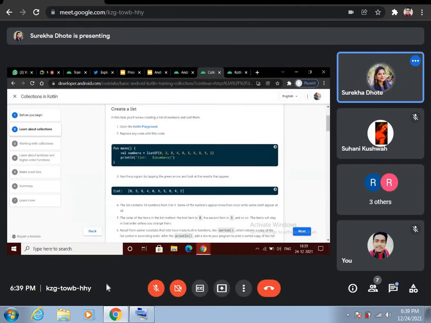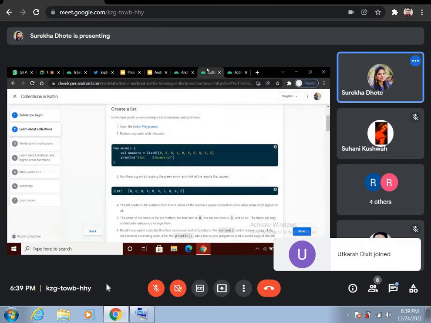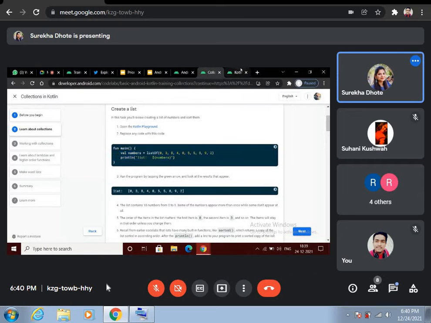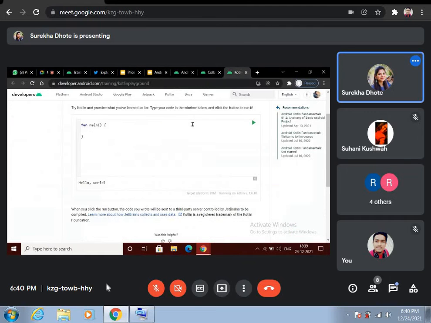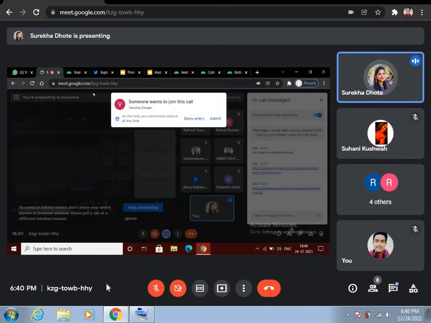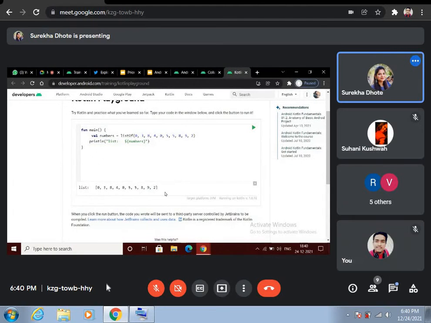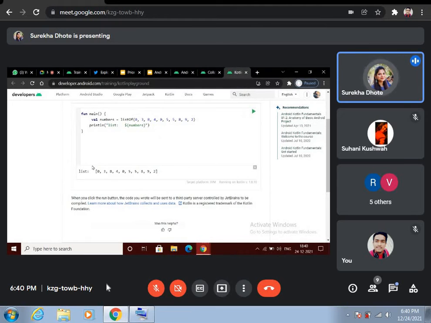Now let's create a list. val numbers. In this example, we have created a list of numbers and provided some numbers, and in the end we are printing the list.